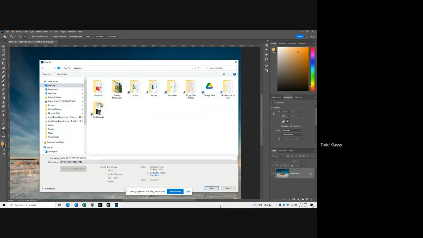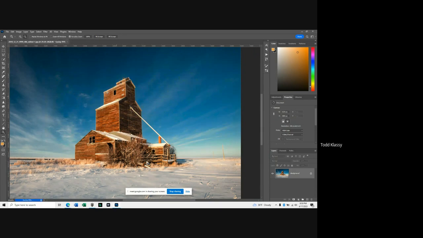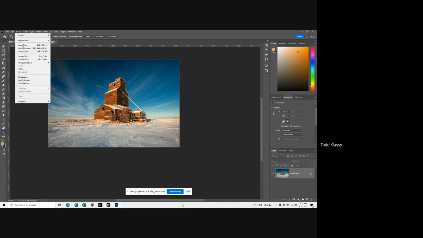By the way, you can create actions for this. So it's just a click of a button. I have an action for this, but you need to know what I'm doing rather than me just clicking buttons. Desktop, save. 12 always. There you go. Except for a web. You wouldn't upload an image like this to your website. Now, if somebody licensed your images for like a website, also don't send them this image, because this image is